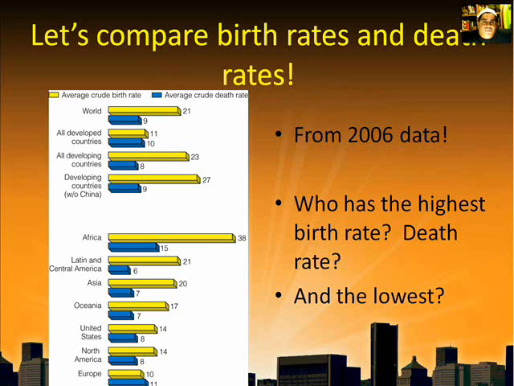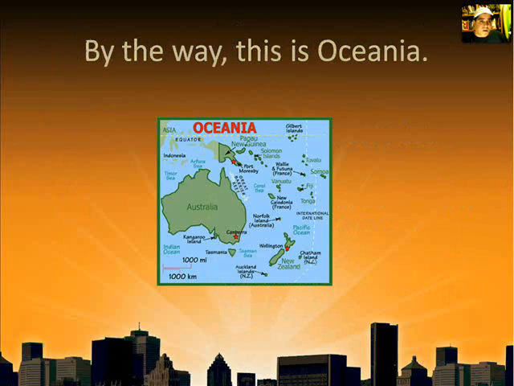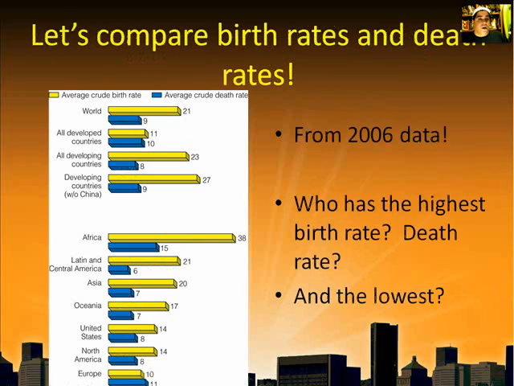All right, so taking a look at birth rates and death rates, as you can see here, this is all from 2006 data. There wasn't much I could find on current data, so I don't know how often this is done. But what the book was using was stuff from 2006, and take a look at the death rates and the birth rates from a lot of these different countries. And you're going to see here a place called Oceania. I don't even know if I'm saying it right.